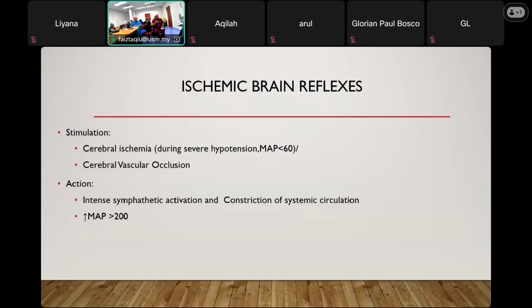Other candidates don't know what the central ischemic response is during the exam. They're blinking at us, they don't know what to say. Okay, so around less than 50. What is this central ischemic response trying to do? What is it trying to protect? To maintain the perfusion to the brain. Exactly right. So it's trying to preserve your cerebral perfusion.